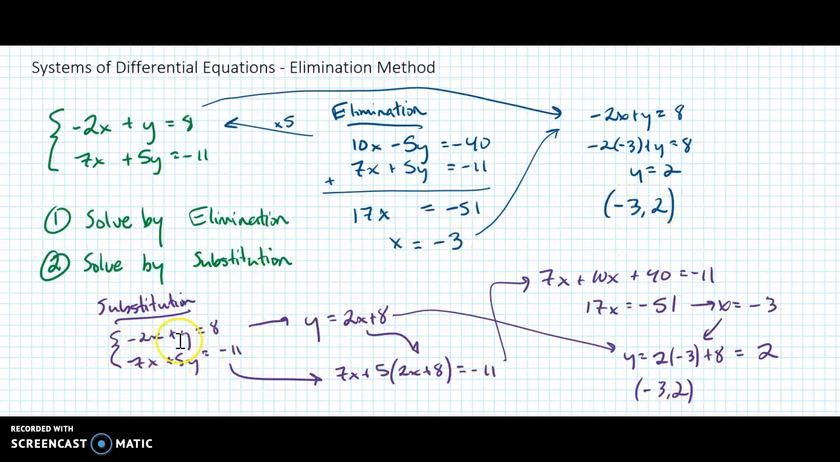When I do substitution, I solve for one variable in one of the equations. So when looking at this one, I'm definitely going to go with that y here because it doesn't give me any fractions and it's easiest to solve for. Get y equals 2x plus 8. Plug that in here, do some algebra, and look, this line right here is the same as this line right